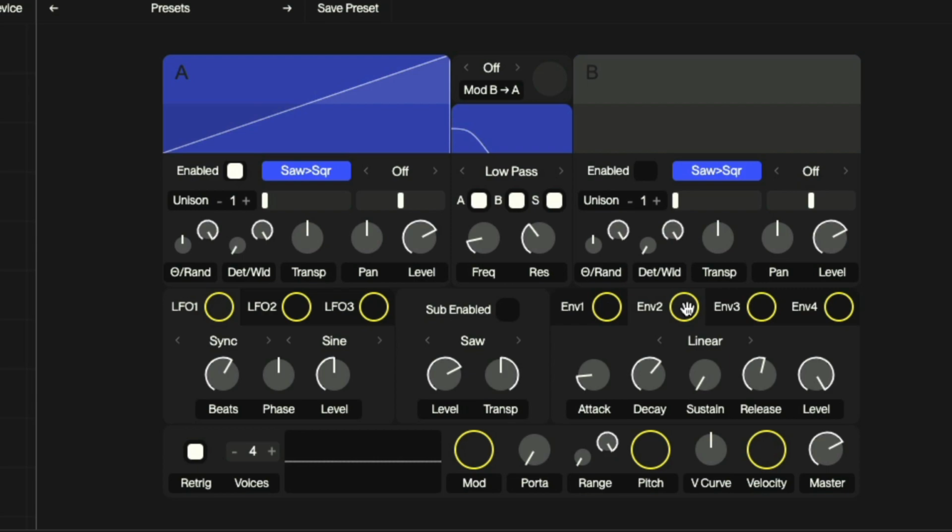First, we need to tell Wavetable Synth we want envelope 2 to adjust the filter cutoff frequency for us. We do this by dragging from env2 onto the freq knob. Now when we play a note, we can see the filter moving in real time. With these default settings, we've already got a simple bass sound, and we can adjust this sound using envelope 2's